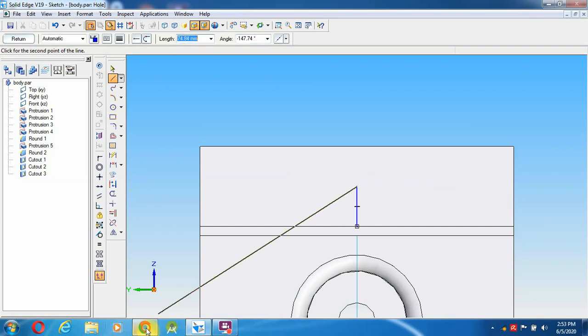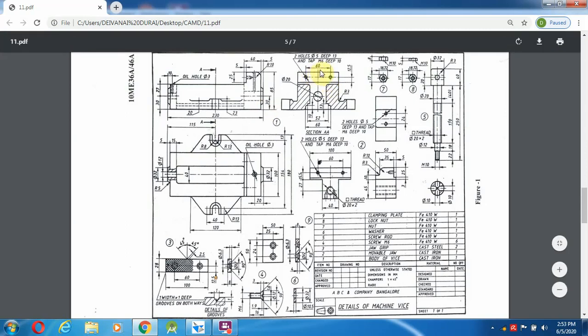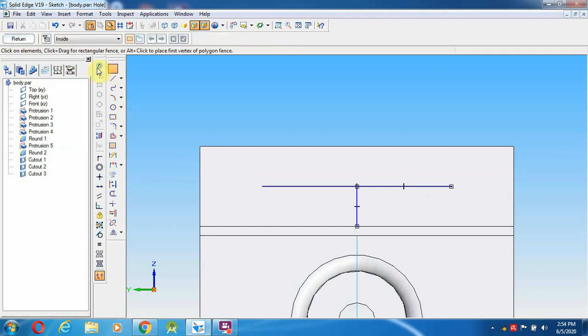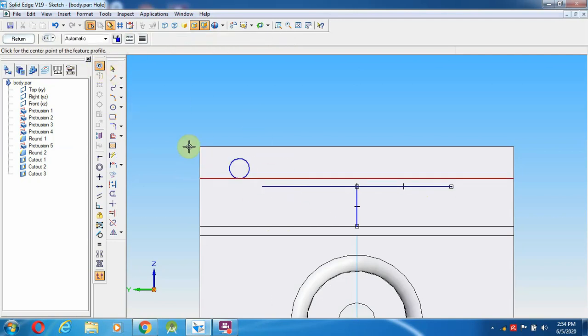So now what is the distance? 60 mm. So 30. Enter. Again 60 over here. Enter. Because we select the hole option, it does not affect these things.